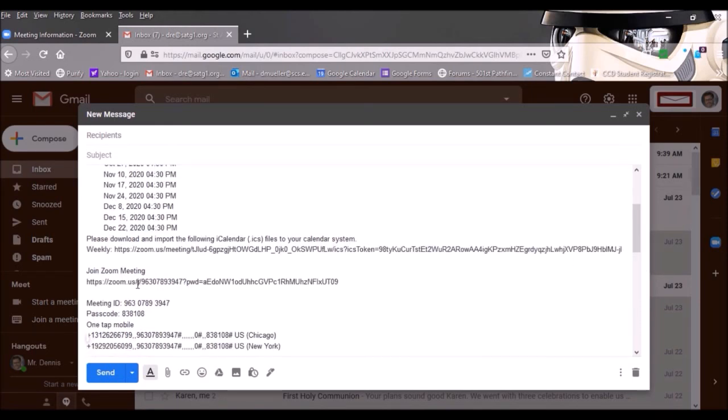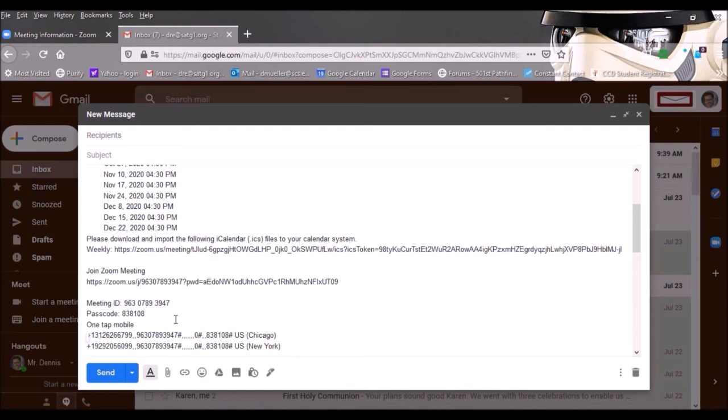Because this link here, when it appears to them in an email, will be highlighted. It'll be a clickable link. It doesn't appear clickable here in this information, but when I send it, it'll become clickable for the parents. And the students are familiar with Zoom because a lot of them were using it or something like it for school. They had Zoom meetings, and so they know that they just need to click that link and that'll sign